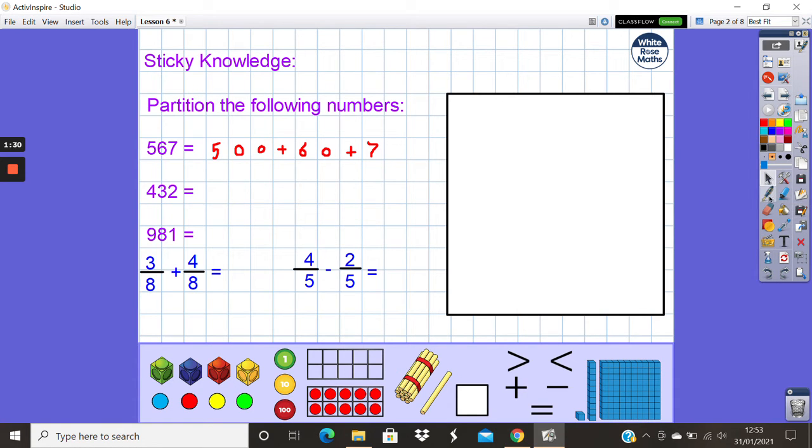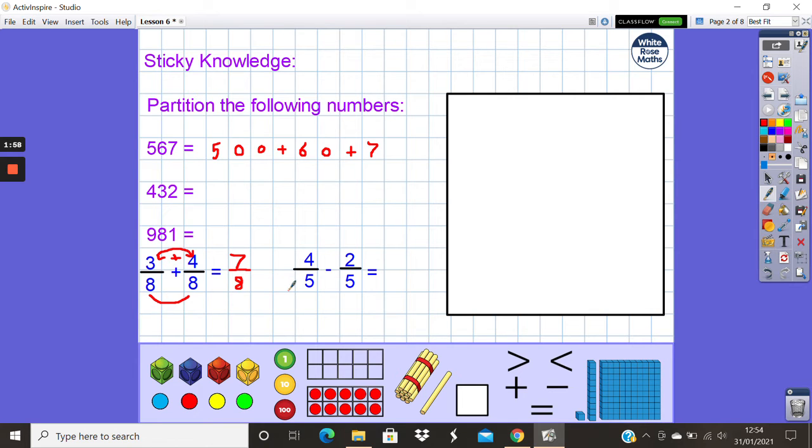And then we've got adding and subtraction fractions. So first we've got 3/8 add 4/8. Remember, the denominator, which is the bottom number, stays the same. And the numerator, which is this top one, is the one that changes. So we add the numerator. 3 add 4 would be 7. And then we need to write that as a fraction. So that would become